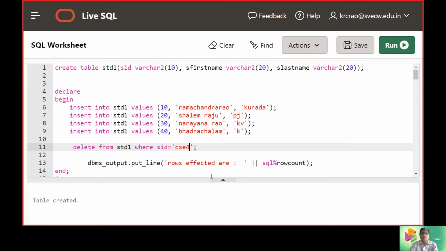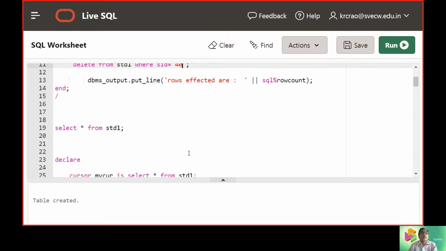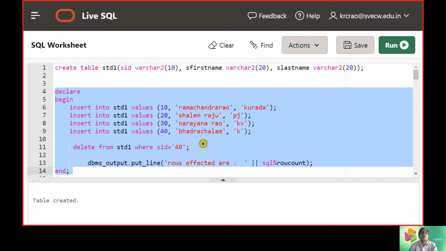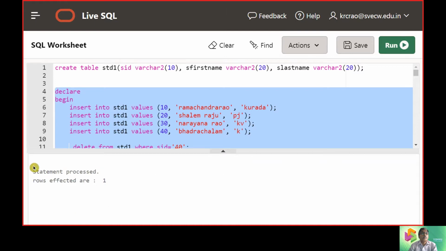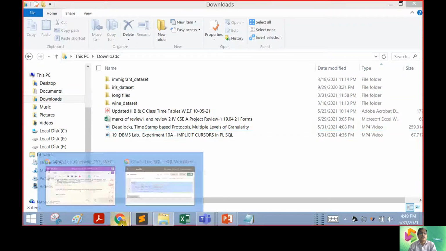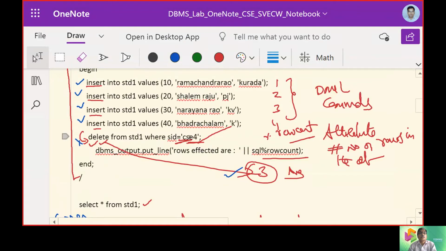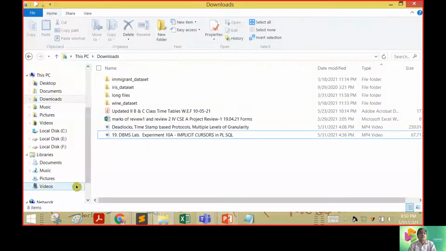So I can say delete ID equals 40 here, and we will check how it goes. Now you can see the statement was processed and the rows are affected. One row is going to be affected. So this is 40 here, one row is affected exactly.